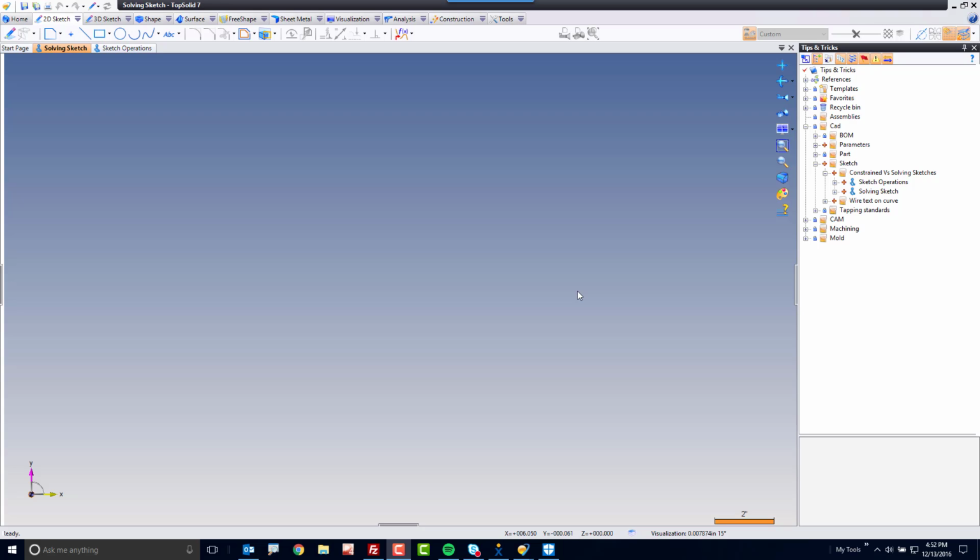Welcome to TopSolid 7. In this video, we're going to explore the sketcher within the TopSolid 7 platform. In our sketcher, we have two main ways to work. We can work in what we call the solving mode, which is the basic level of the sketcher, and then we have an operations level as well. And I'm going to try to define both of them for you and show you examples of where to use